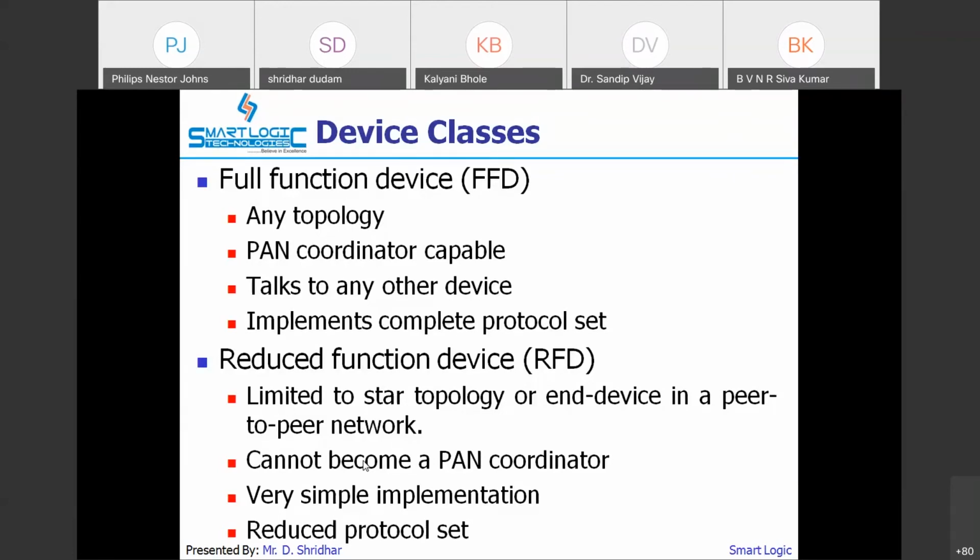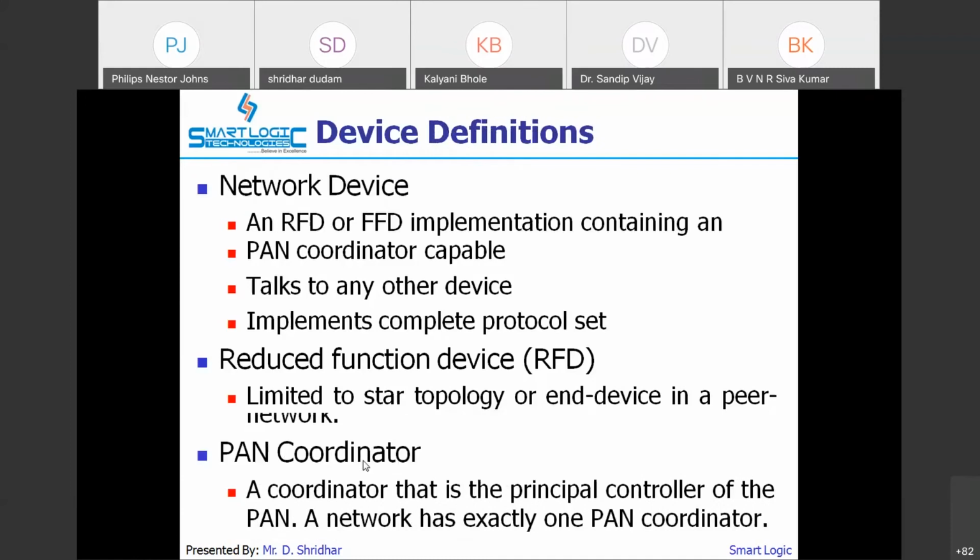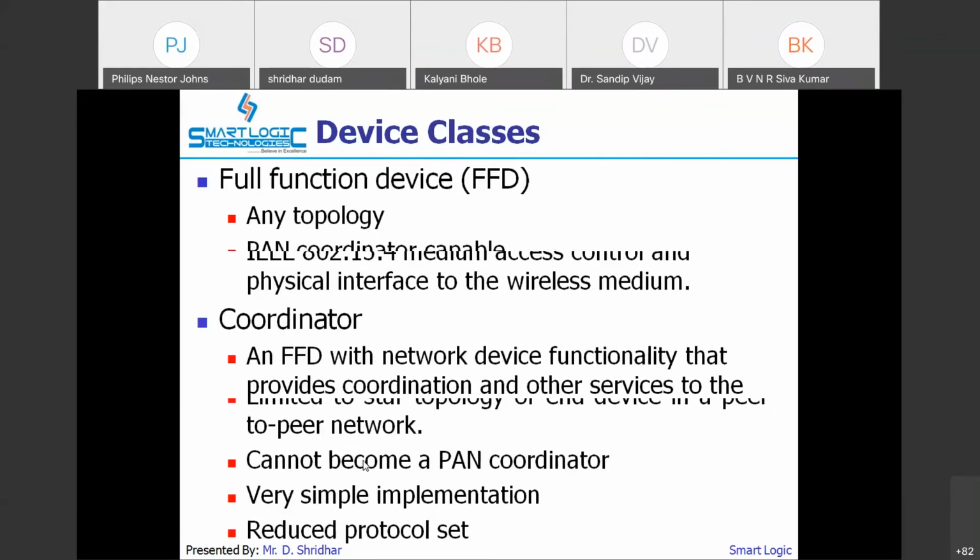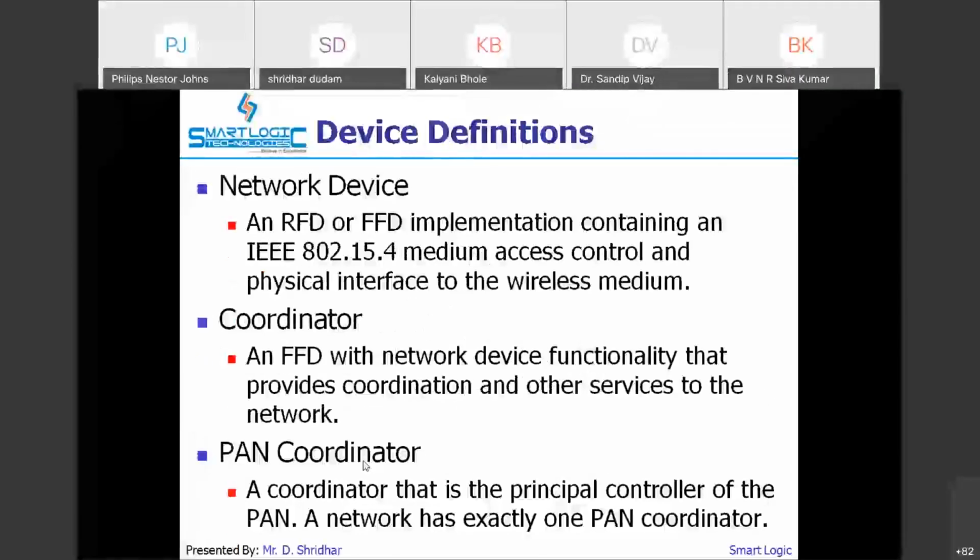Sleep time, what is that? Most of the time the RFD is in sleep mode. Whenever data is being transmitted, only at that time it wakes up. Whereas the FFD is most of the time in a wake up state, and very rarely goes to sleep. Depending upon these classes, we can call a device a network device, a coordinator, or the PAN coordinator.